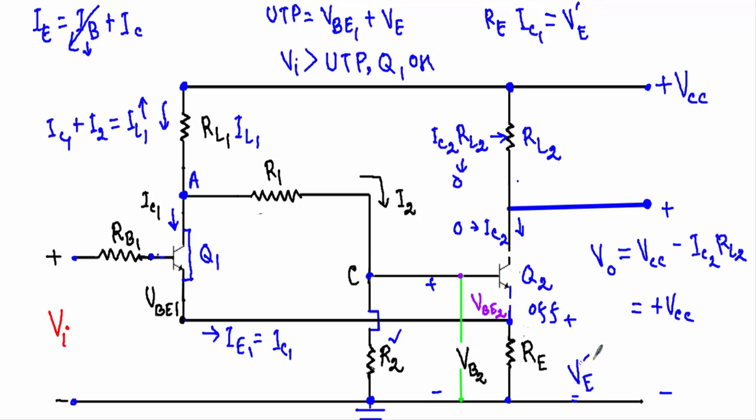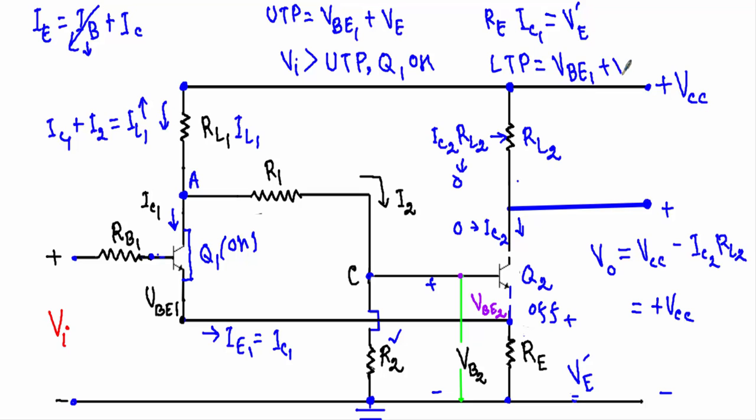which I will denote with VE prime. This VE prime will be equal to IC1 RE. Previously the voltage difference between this end and this end was equal to VE. Due to the on state of the transistor Q1, the voltage difference between this point and this point has changed to VE prime. It will create a new reference level, LTP, lower triggering point, equal to